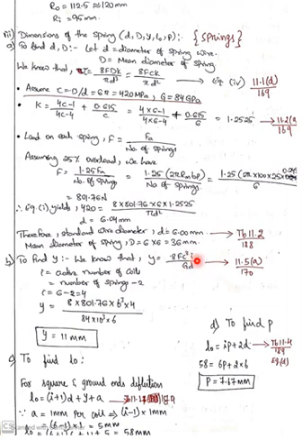Here, to find the value of i, just take the number of active coils, that is total number of turns minus 2. 6 minus 2 gives 4. If you substitute the value of 4, you will be getting the value of deflection Y. Once you get the value of Y, next is to find the free length, that is L0. Consider square and ground ends deflection. You will get this equation from page number 189.